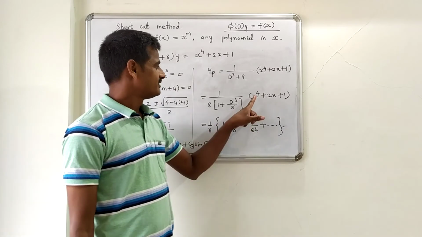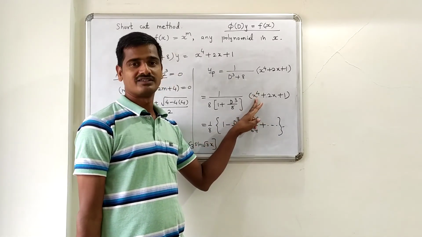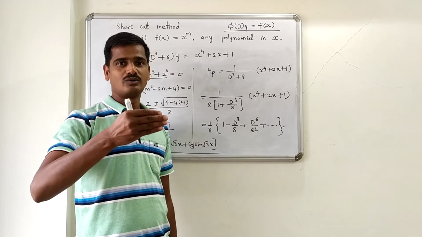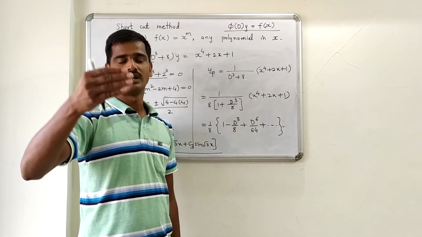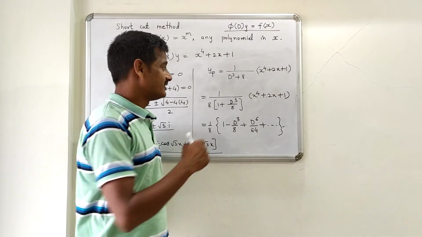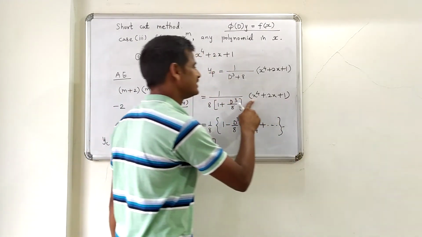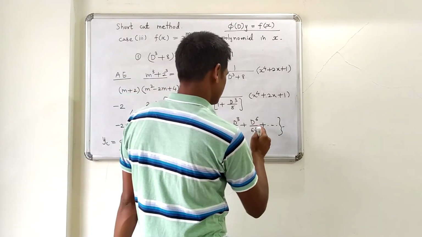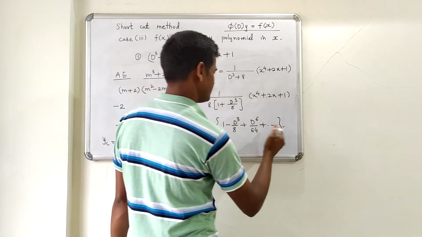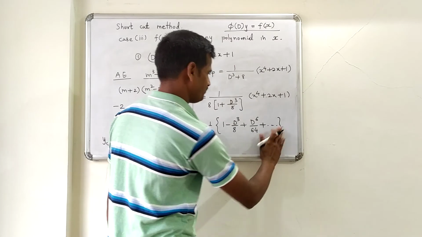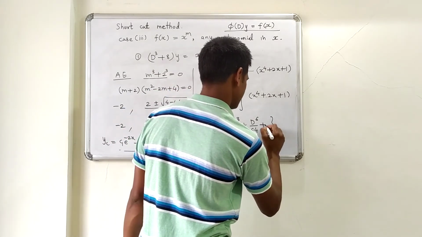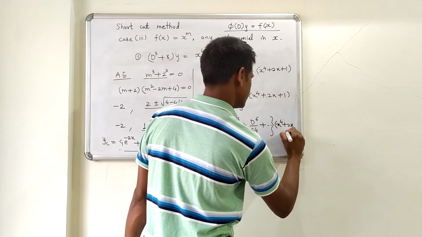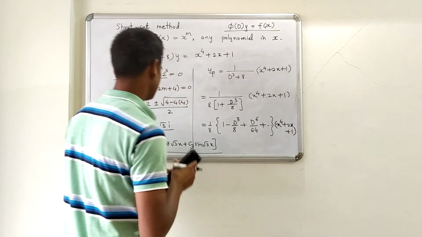Now how many terms are expected to be written? So here look at this power. What is the highest power of x here? 4. So you just write the terms of D up to what? D square, D cube and D raised to 4, because D raised to 5 of this expression, the fifth derivative of this expression, is 0. It will not contribute. So D raised to 4. In fact, even this term is not required, but still, for your understanding, it is written, operated on x raised to 4 plus 2x plus 1.